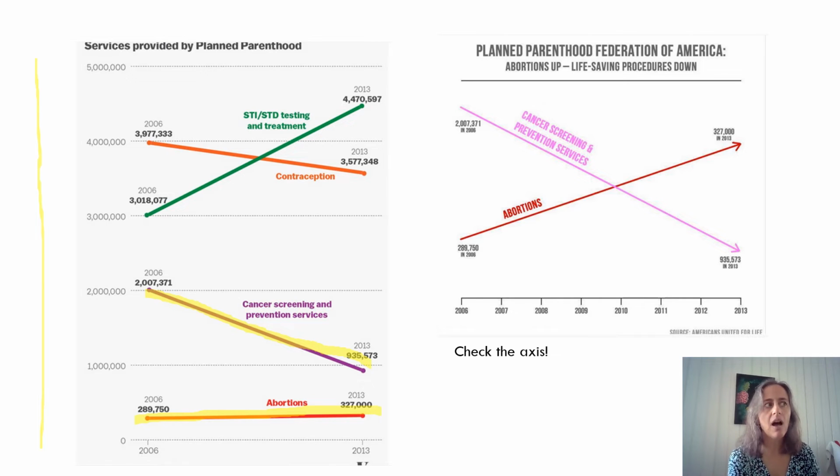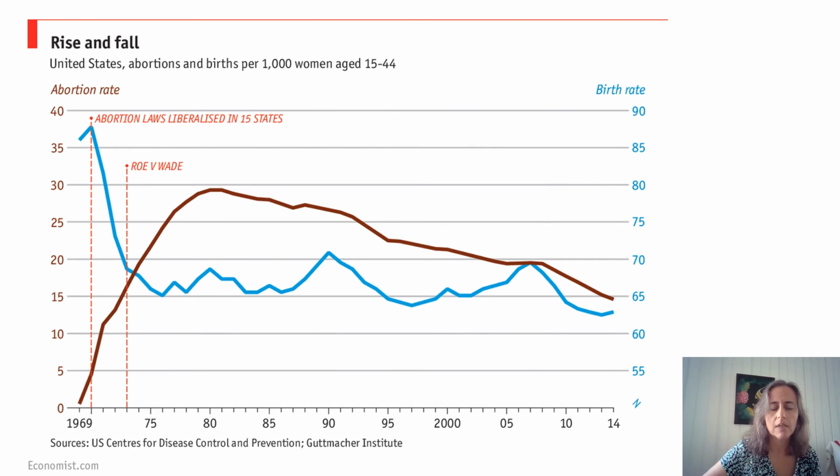But let's say, well, I'm really interested in the fact that abortions have been increasing. So what's that all about? I'm going to show you. Here is a chart that is good and bad. So what this chart is showing us, and the thing that's good about it, is it's telling us the rates per 1,000 women. So the reality is that in 2013, so thinking of the previous graph, in 2013 versus